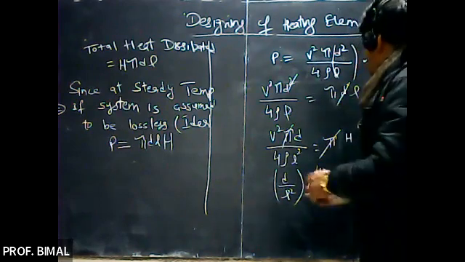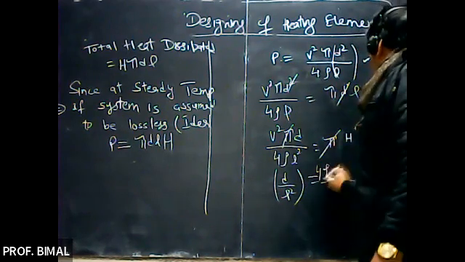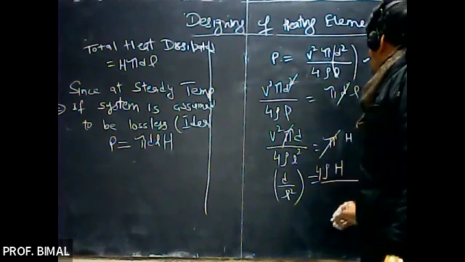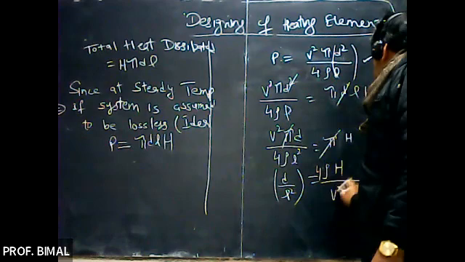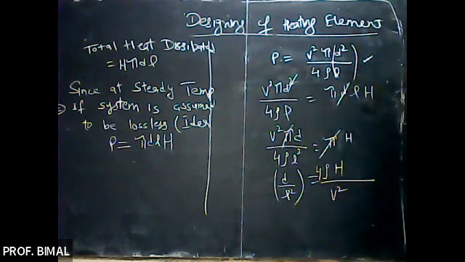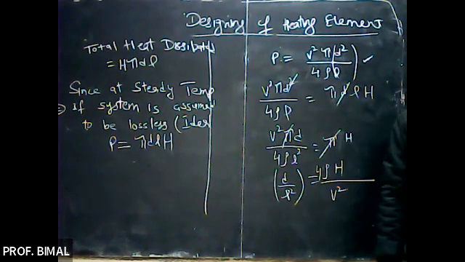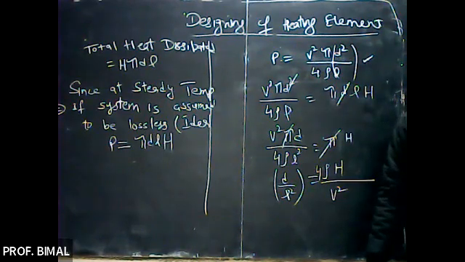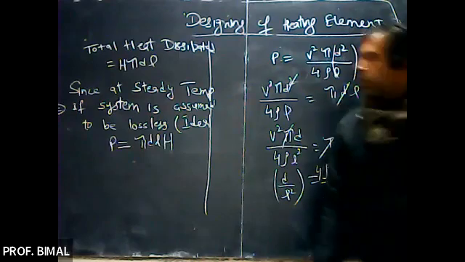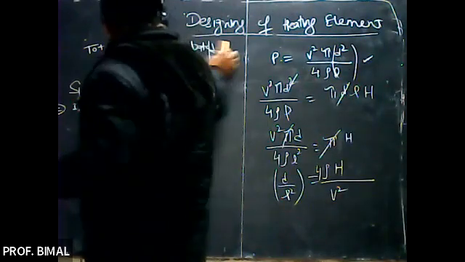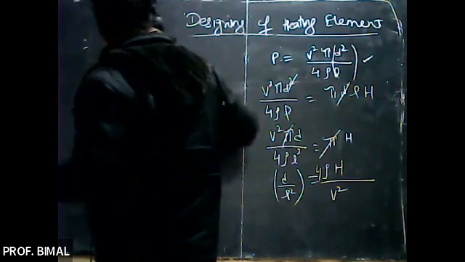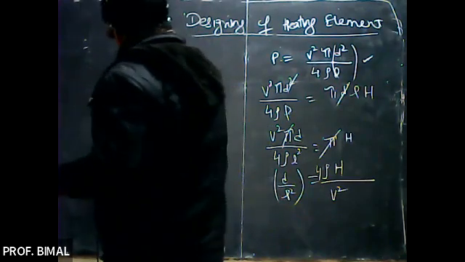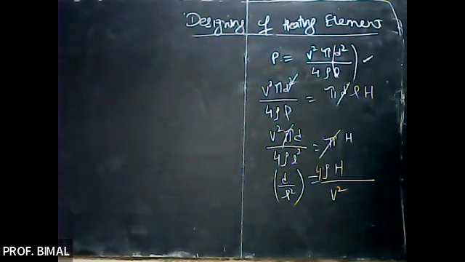So 4 rho H over V square, 4 rho H over D square over V square. This is the value of D over L square, and in the previous equation, we just calculated that value of L over D square. One equation that we had calculated, that will be L over D square,